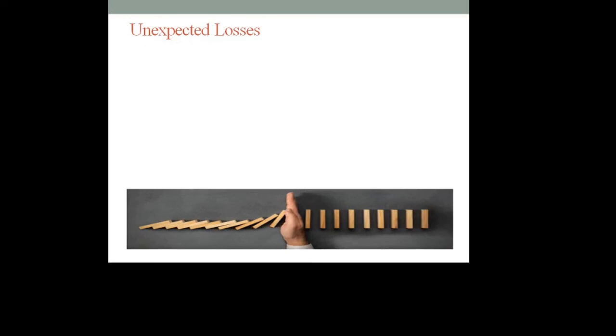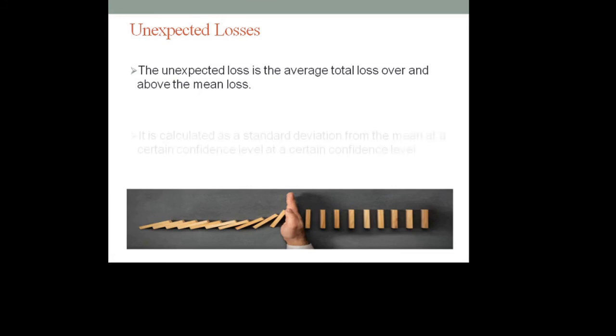Now unexpected loss. If we are getting a quantification of expected loss, definitely we'll get some quantification for the unexpected losses as well. The unexpected loss is the average total loss over and above the mean loss. Whatever mean loss is expected, if something is occurring beyond that limit, that is unexpected, which the investor or the organization, business, they have not expected. They made an expectation about this limit, and if more loss is occurring above that limit, that amount of loss